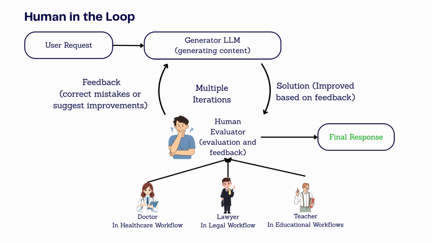The human feedback is sent back into the loop. The LLM then refines its output based on this feedback, producing a better version in the next iteration. This cycle repeats multiple times if needed, until the output meets the quality, accuracy, and compliance standards set by the human reviewer. In short, human in the loop bridges the gap between raw LLM output and high-quality, real-world usable results by combining the efficiency of the LLM with the judgment and expertise of humans.